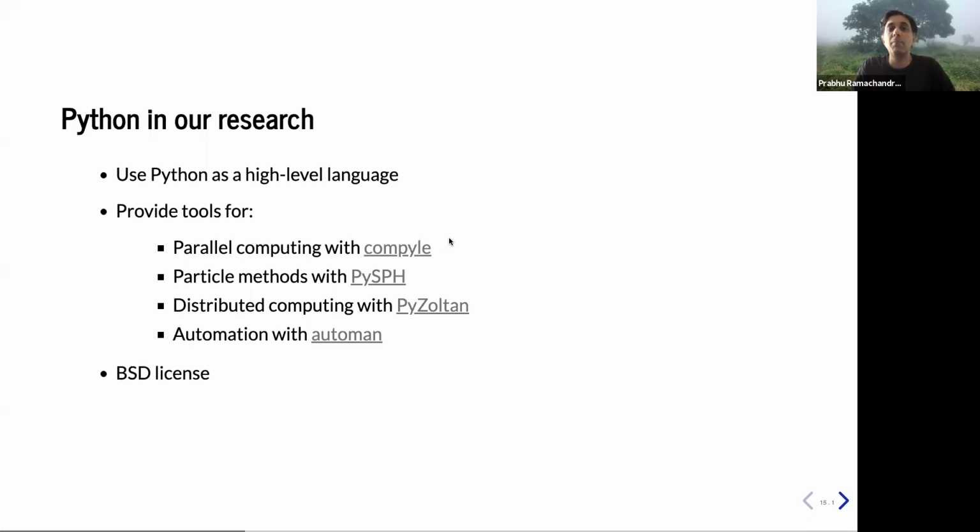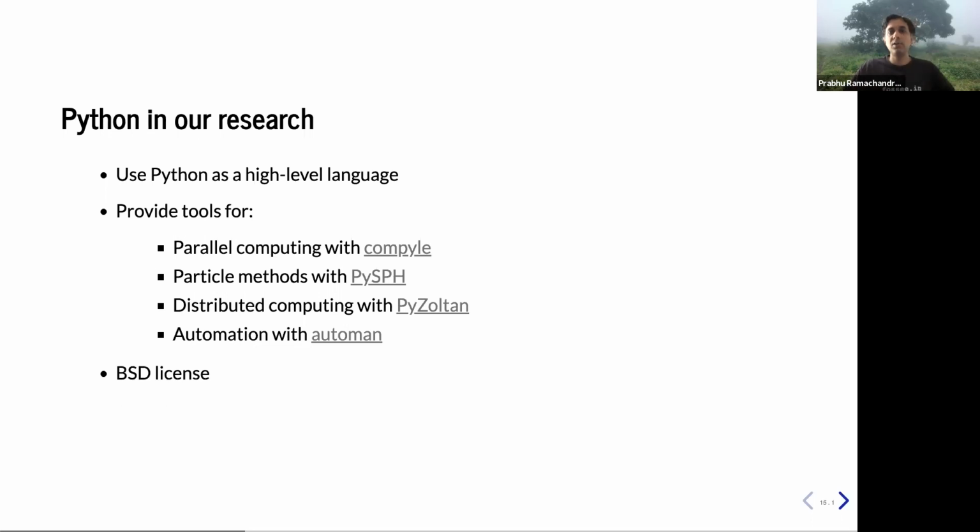The first is called Compyle, which is actually a package that came out of this package called PySPH. So what it does is it allows you to write parallel algorithms, and I'll talk about this in a little while, in pure Python. You write these pure Python parallel algorithms, and it can actually execute either on a single CPU or on a multi-core CPU or on a GPU. And based on this, we've also built a package called PySPH, which is a package that allows you to do particle methods. And I'll talk about this as well.